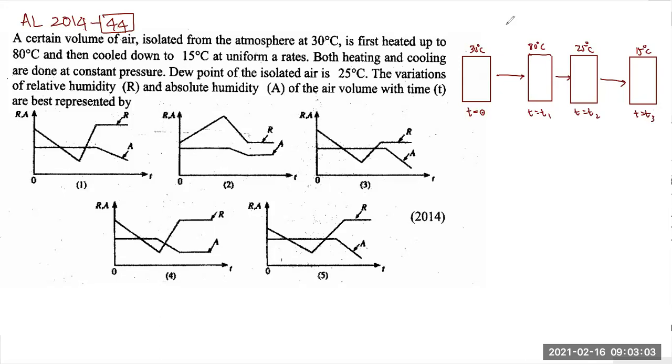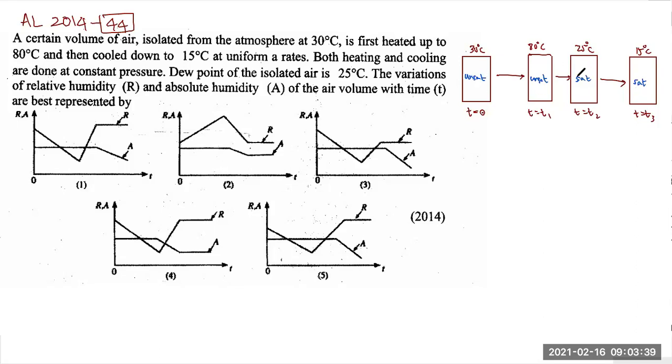Now, this air is unsaturated. This air is also unsaturated. And this is the point where the air becomes saturated, that is when time is equal to t2. After that, air will remain saturated. I'm using blue color to point out whether the air is saturated or not. How do I know that? As long as the temperature of the system is above the dew point, it will be unsaturated. When the temperature is equal to or below the dew point, it is saturated. In which system can we expect dew?